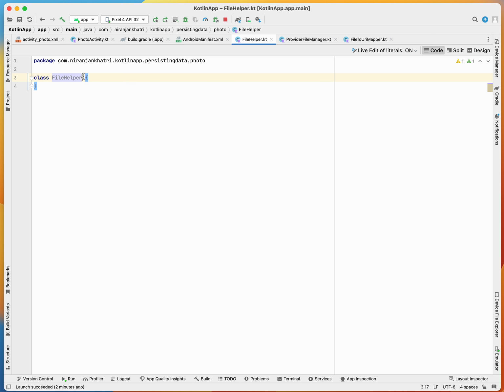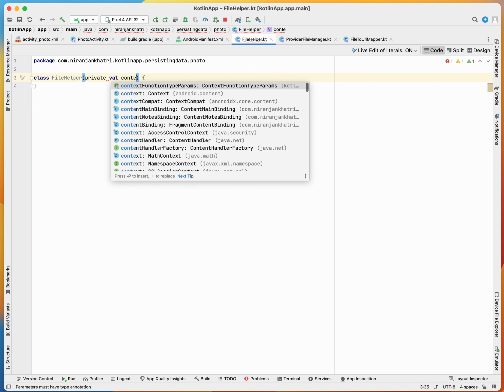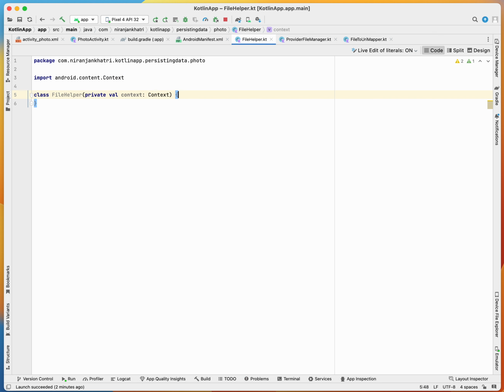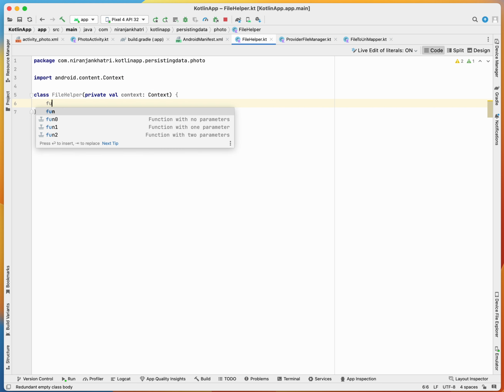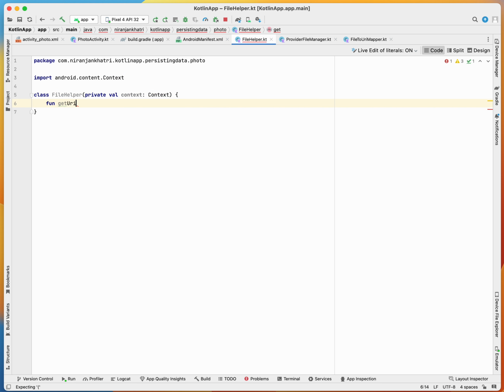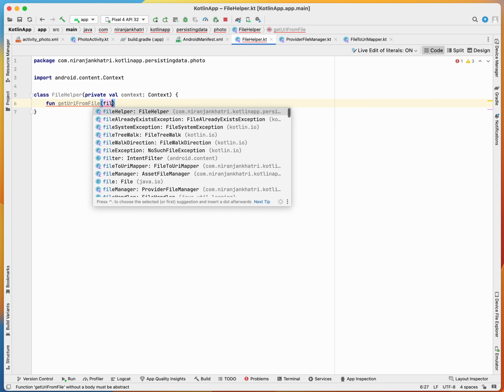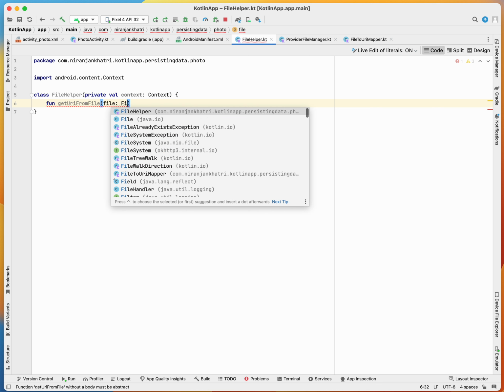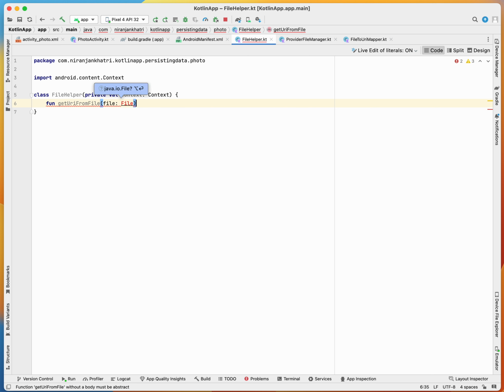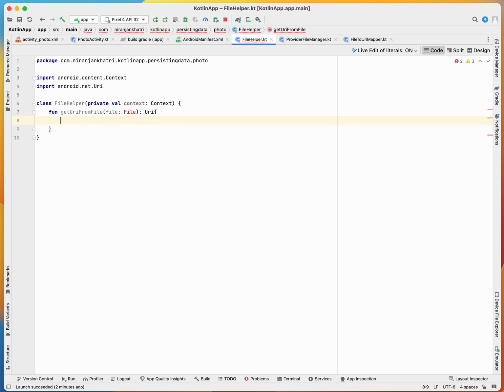This file helper class will have a constructor with a private context. Context is pretty important here. And a function to get the URI from a file. Okay, we have a file here, and we have the URI, so it returns